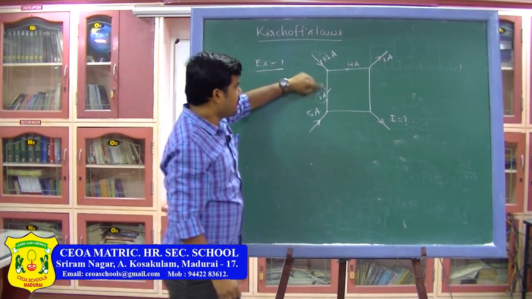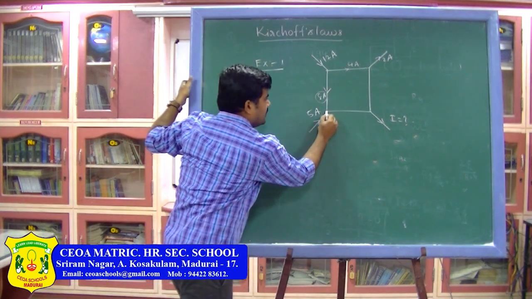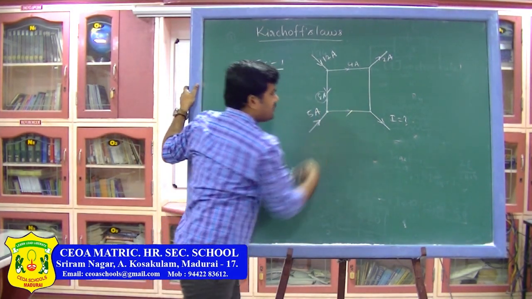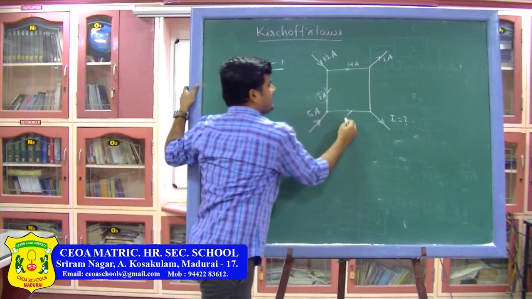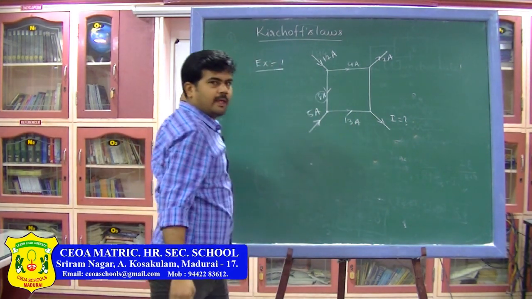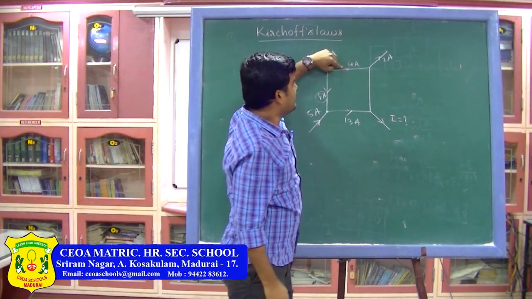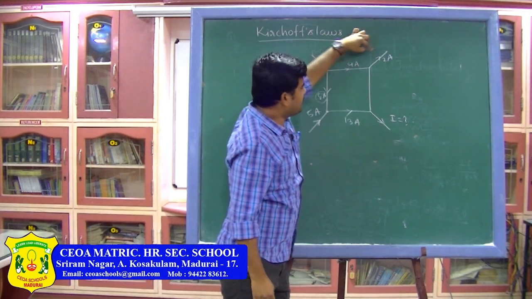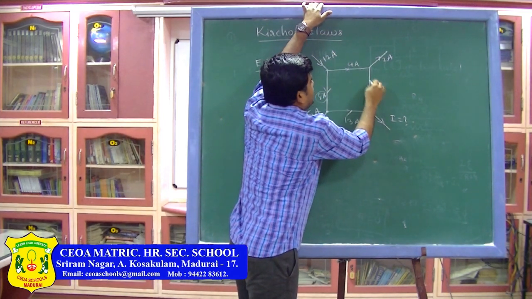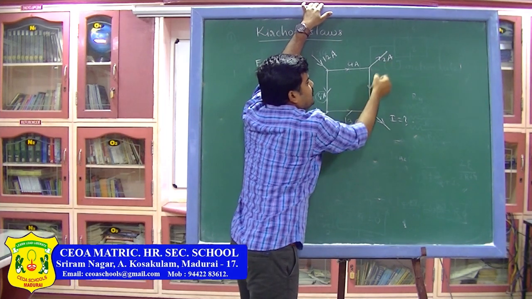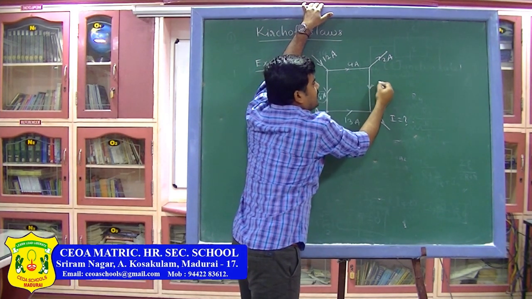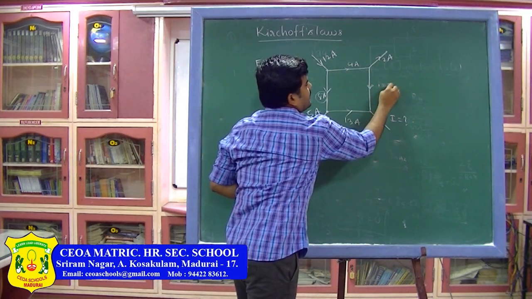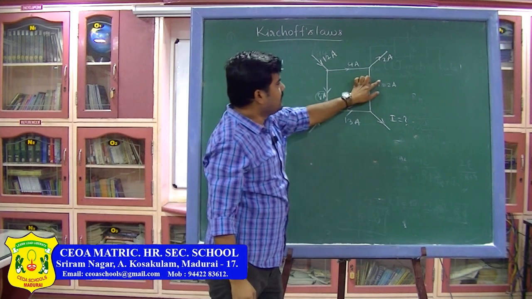Now, let us take this junction. Here 8 amperes current is approaching this junction and 5 amperes also approaches this junction. So, the current which is moving away from the junction must be equal to 8 plus 5, that is 13 amperes. Similarly, take this junction. Here 4 amperes current is approaching the junction and 2 amperes is moving away from the junction. If this is an unknown value I, 2 plus I must be equal to 4, then you will get I value as 2 amperes.